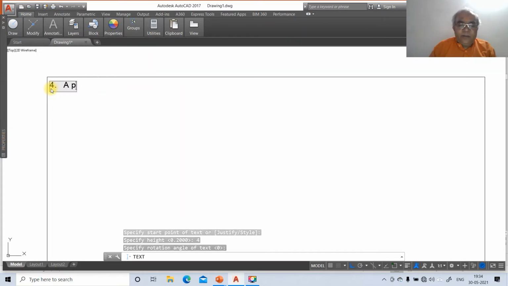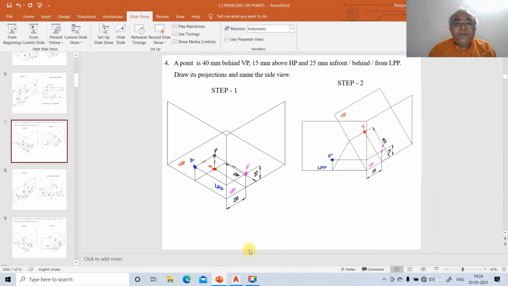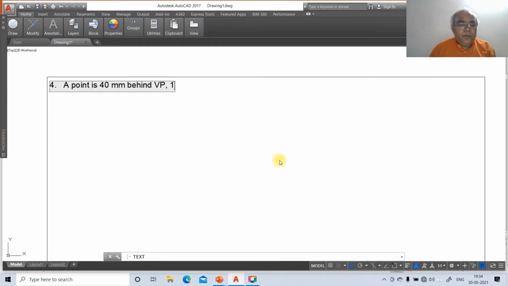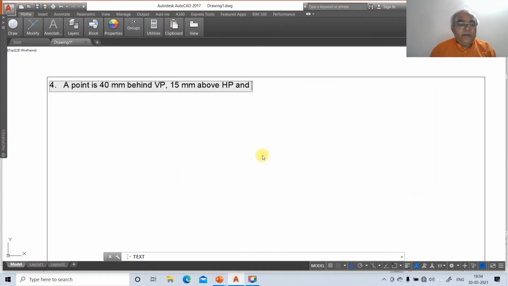Then a point is 40 mm behind VP, 15 mm above HP, and 25 mm behind slash in front from LPP.